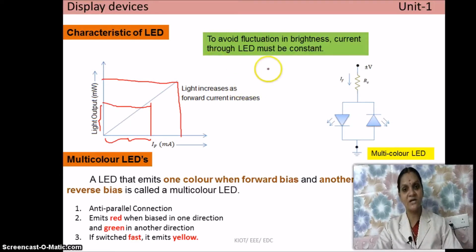Whereas when you consider a diode, it is a non-linear device, because you know the characteristics of diode will be like this. For this region, whatever may be the increase in the current, output is only increasing fractionally. And after that, for a small increase in the current, it is increasing exponentially. So we are telling PN diode and Zener diode is a non-linear device, whereas LED is a linear device. So that is given here. Light increases as the forward current increases. So this is the characteristics.